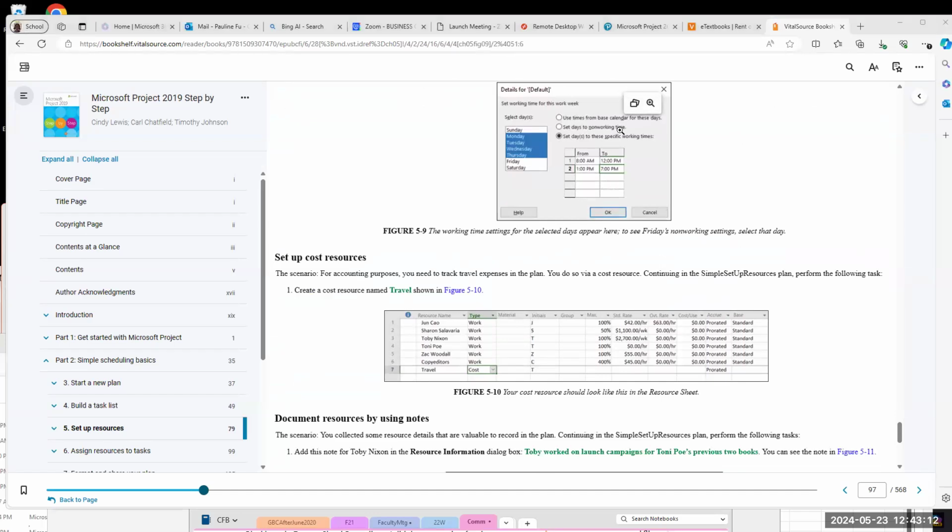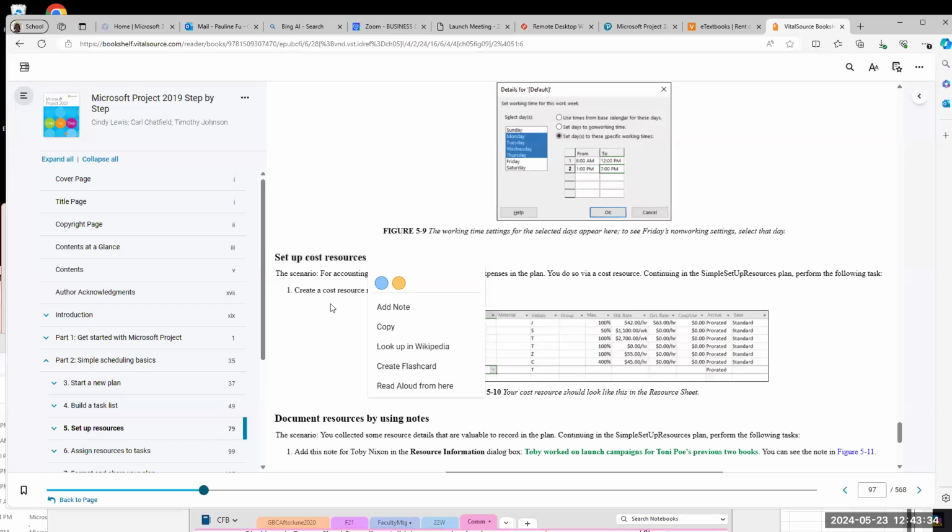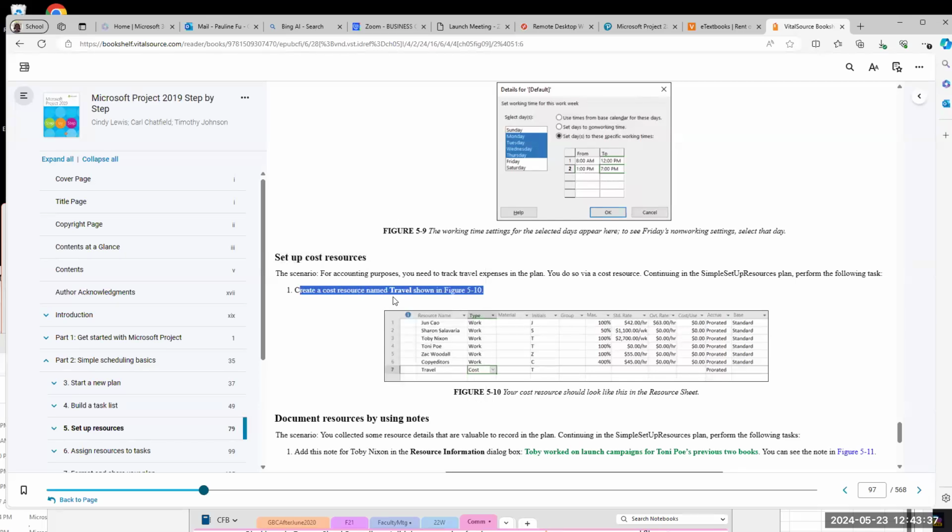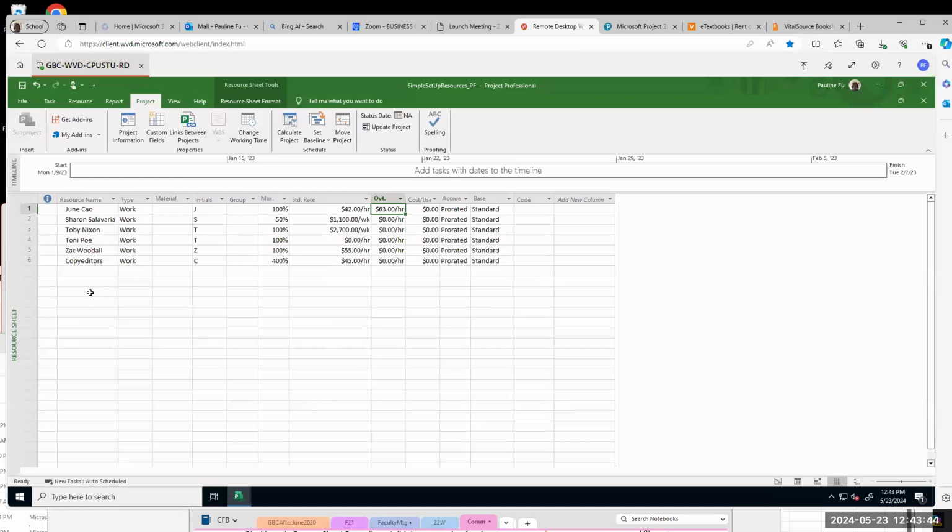So you see, your textbook gives you the picture of what you're supposed to do. All right, so we continue. We did most of chapter 5. Okay, next, let's set up the cost resource. Step 1, create a cost resource named travel. So just type in here, travel.